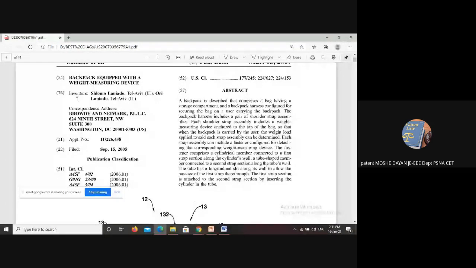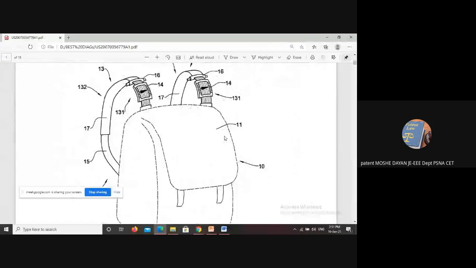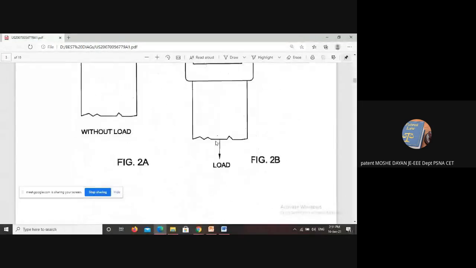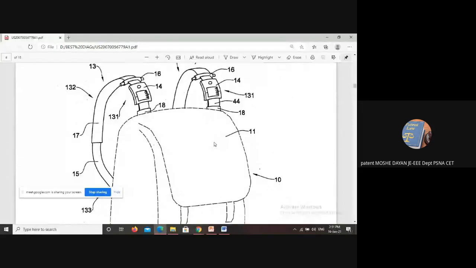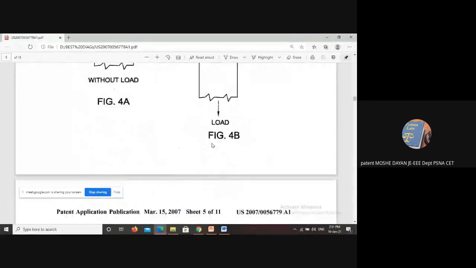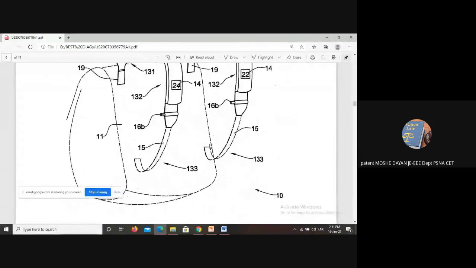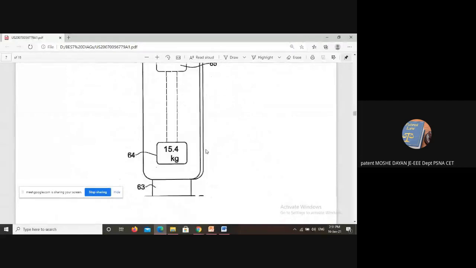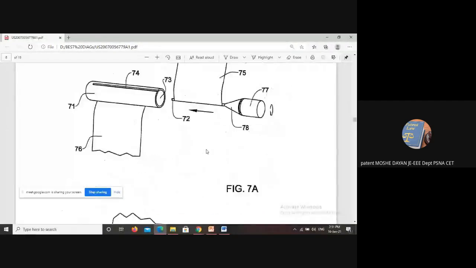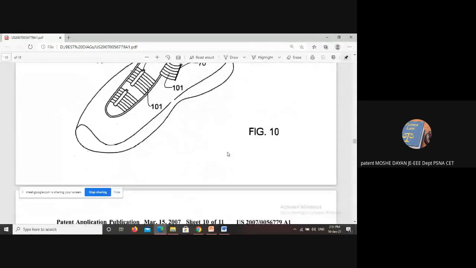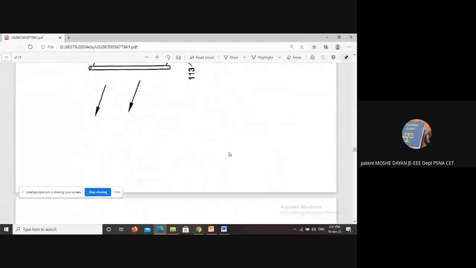So here the abstract is there, one page write up is there, and here you see there is nothing mentioned on the diagram, only the numbers. See, this is how a patent diagram should be. There will be only numbering, and every numbering is described in the detailed description. There is nothing written. So this is how the patent diagram should be, a single line diagram. And here, every part he has mentioned very clearly.